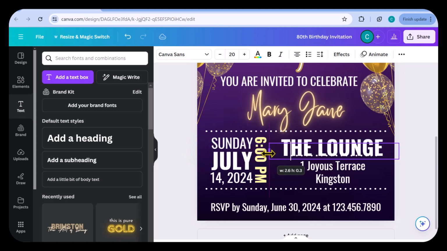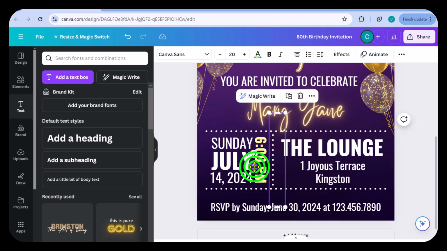Hence, I will decrease the number of full stops within this text box, and I will rotate it to a degree of 90. Once it is at 90 degrees, I will move it to the desired location and remove the additional full stops that will surpass the height of the date and time. Once I have this at the desired height, I will make some minor adjustments to the position of the surrounding text boxes.